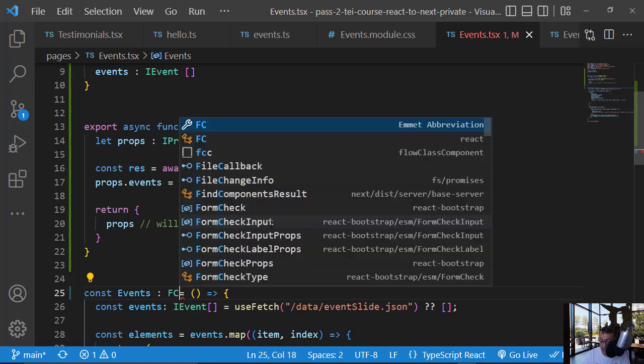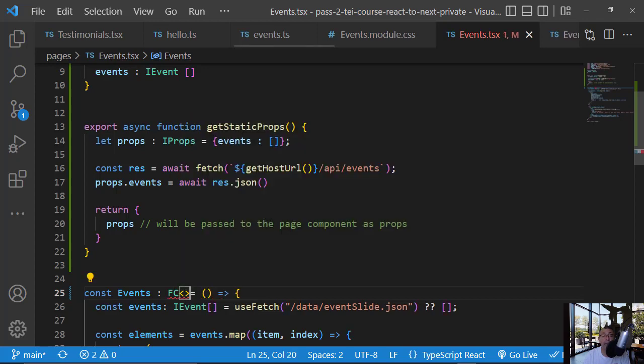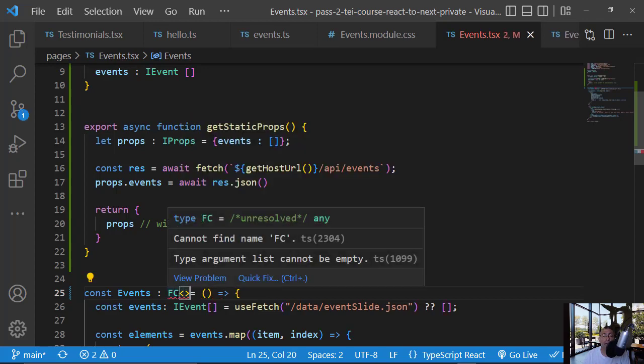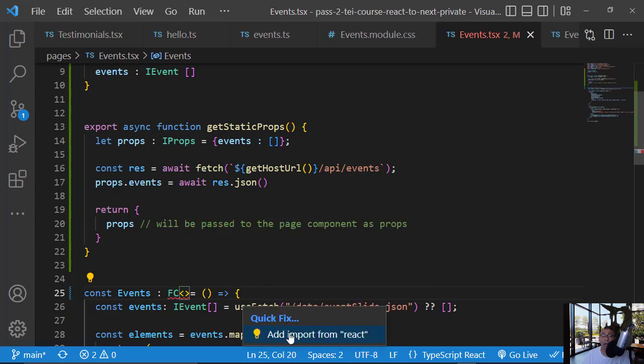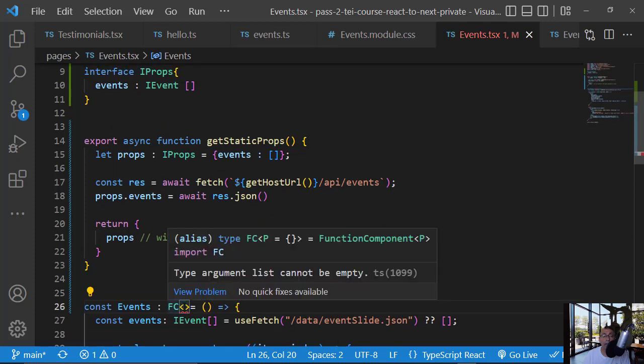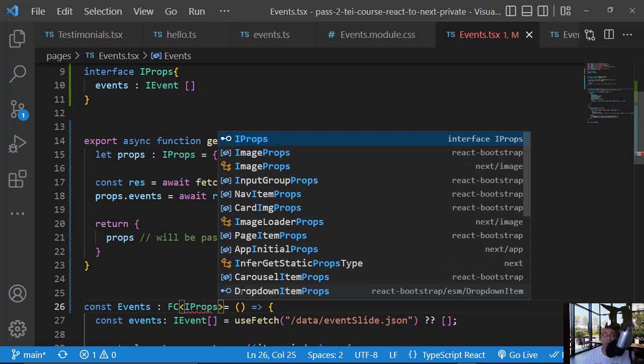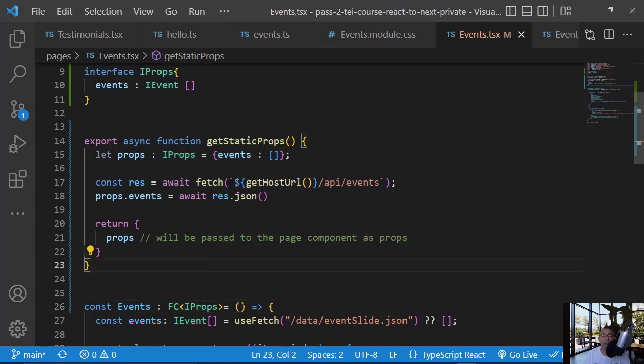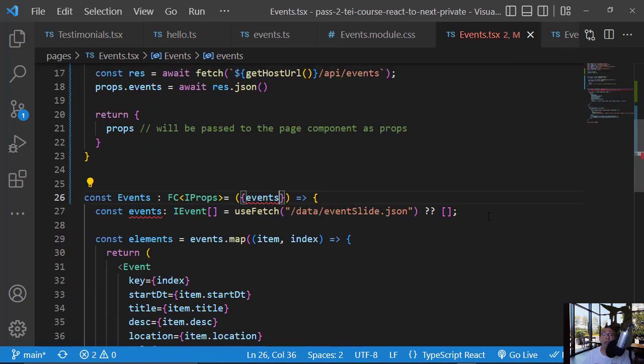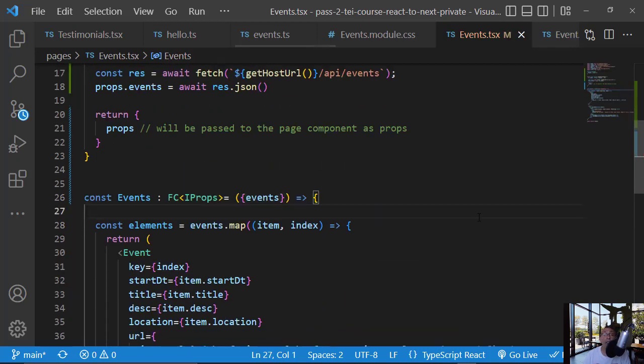functional component. Let's import it and use here props, and here use destructuring and remove this. Okay, so